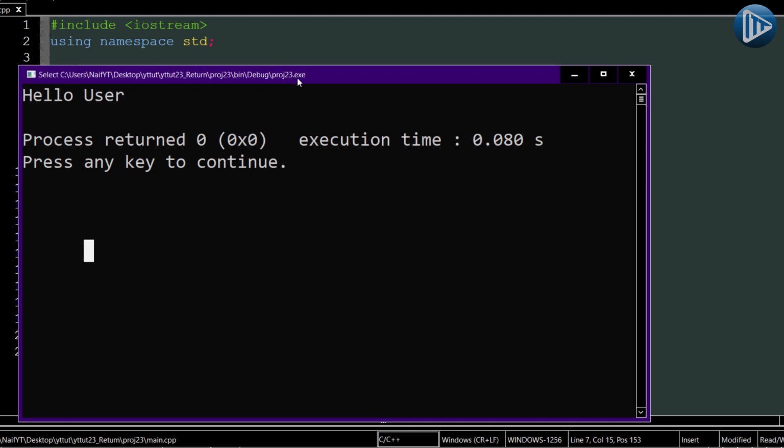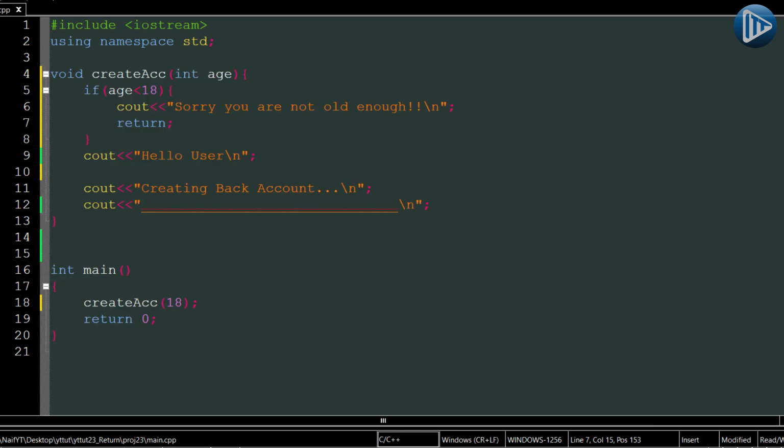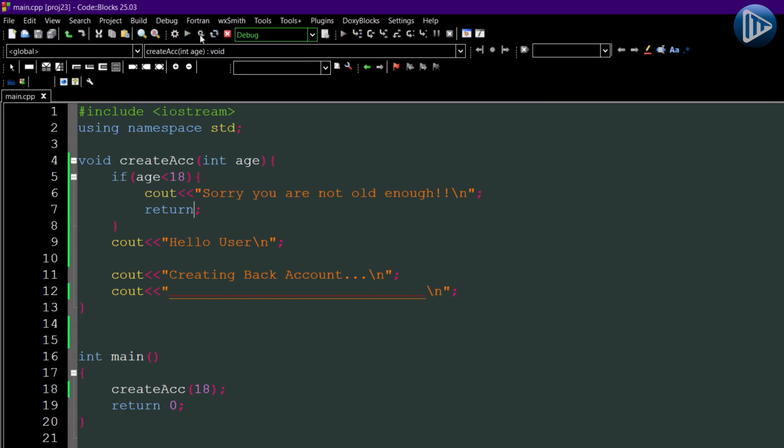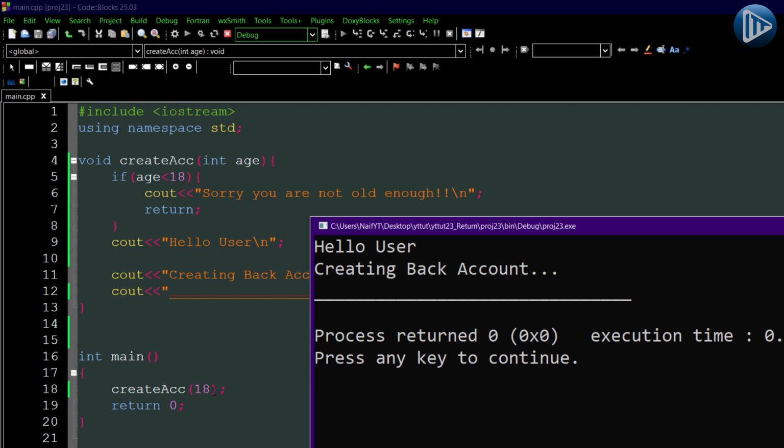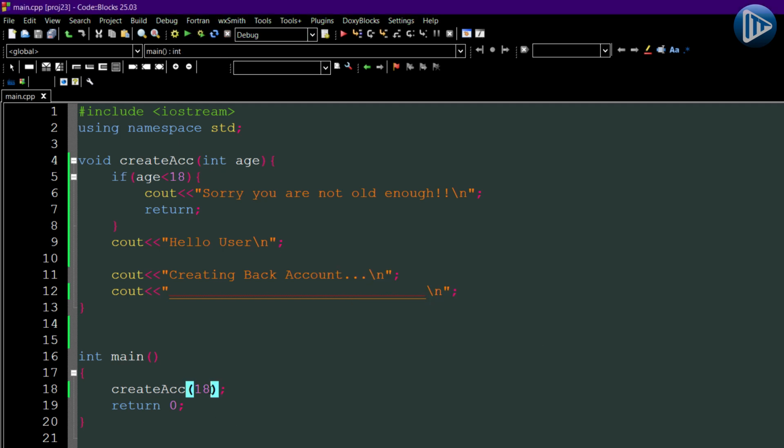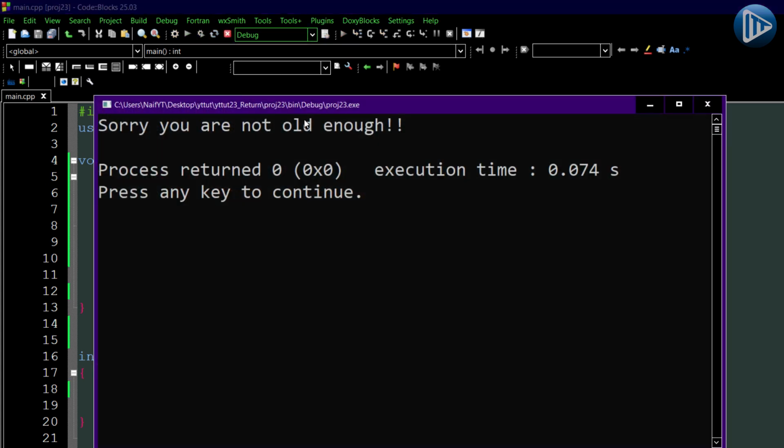We didn't close this one over here. I'm going to close this one so that I can run our program again. Now if we run our program, it says "hello user, creating our account", because our input over here is bigger than 18. But if we entered something that is less than 18, like for example 17, as you can see, it says